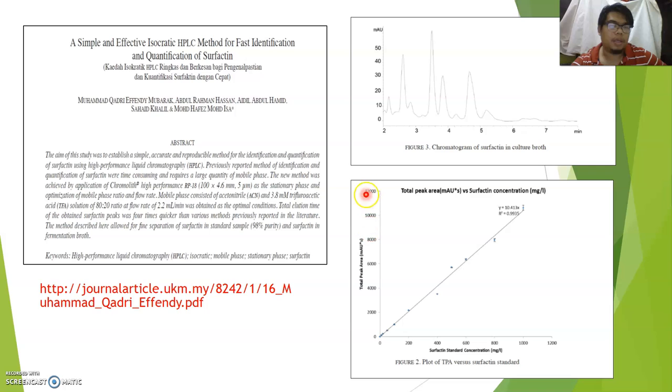So what we did is we plotted this graph from the result that we obtained. The x-axis is surfactant concentration, and the y-axis is total peak area. So we need to know the total peak area for each concentration. So we have the data. We need to plot like this, and then from this graph, our